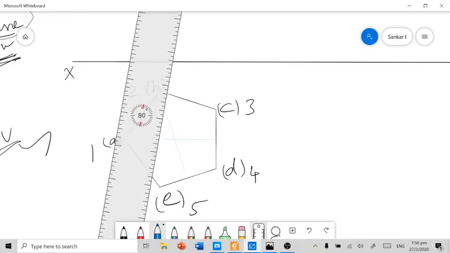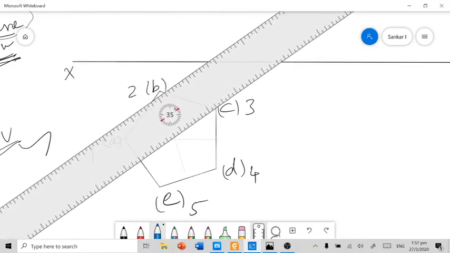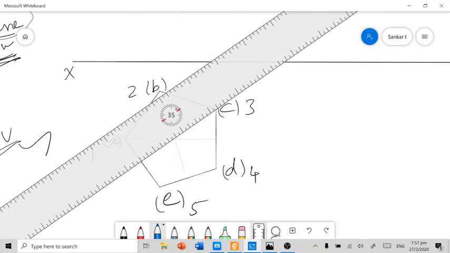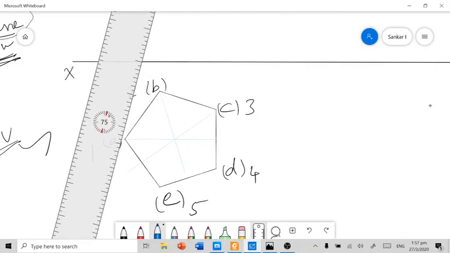The same way for all base corners I can draw rough lines. For example, for AE the opposite corner is C. I am bringing a rough line.